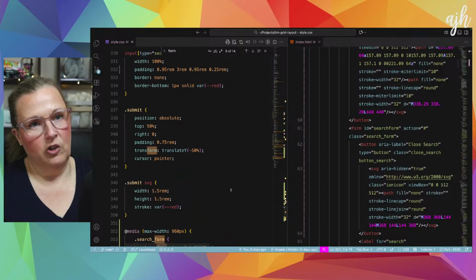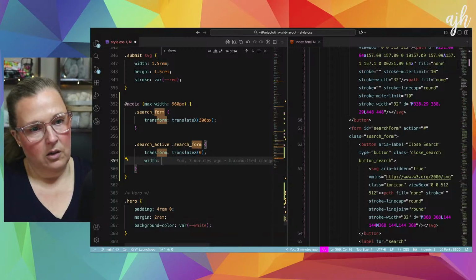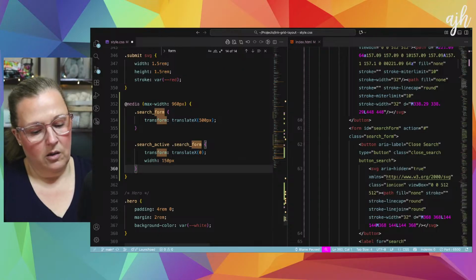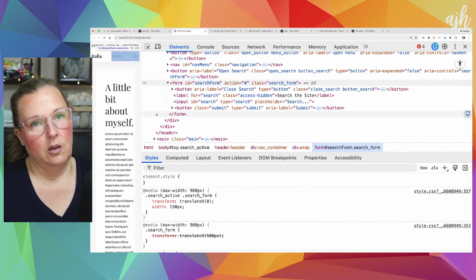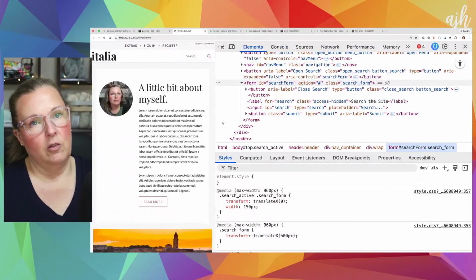Let's just change it. Yeah, and then the thing that's